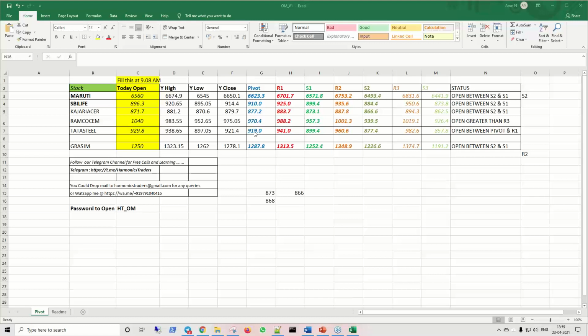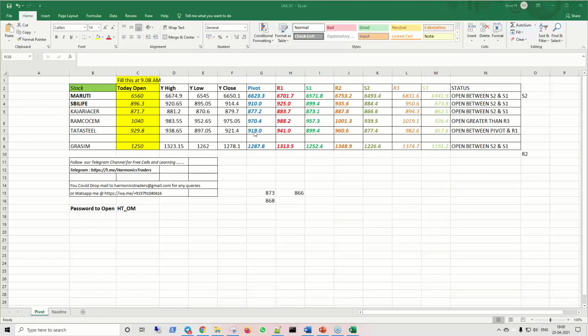Somebody asked about Nifty, Bank Nifty. You can backtest the past data. Many times, whenever there is a huge gap down opening involved, we know that in the first 15 minutes Nifty tries to make some low. Post that, it just keeps on moving upwards. In most of the cases, it would have taken support at S1. You can just go backtest the past data with respect to Nifty, Bank Nifty, and you will know the results.